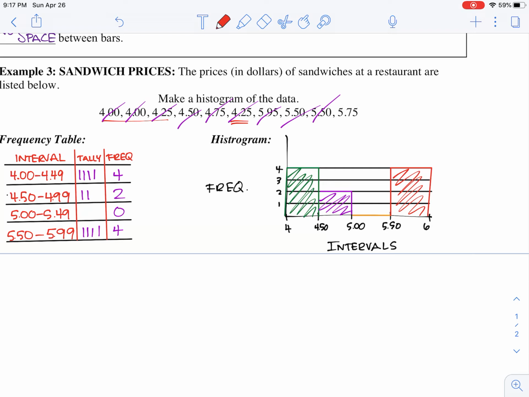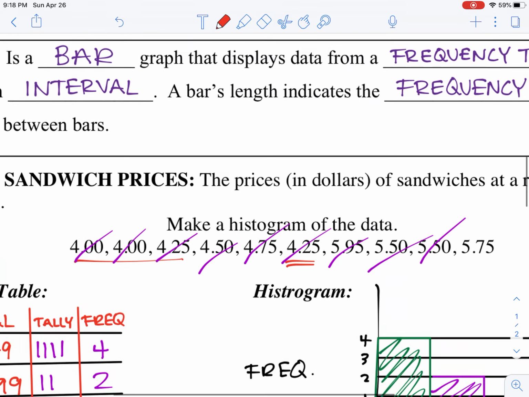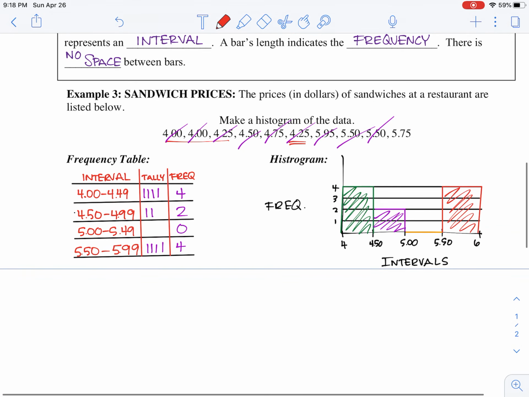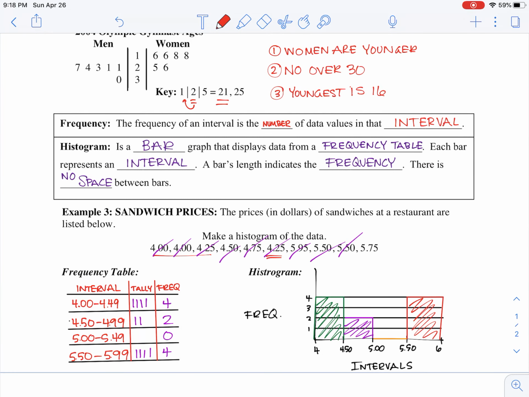Again, once it's plotted, then you can ask yourself questions about it and then be able to answer. So if I said, how many sandwiches are $5 or less, you could tell me, all right, well, that's the bar, that's 4. And then there's another bar that's 2. So there's 6 sandwiches total that are $5 or less. So you can make quicker inferences about your data instead of going through this list and trying to figure out what sandwiches are $5 or less. So that's kind of the goal of these 2 charts. 1, organize your data, but 2, to be able to look at things, especially in a certain interval, and try